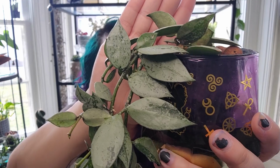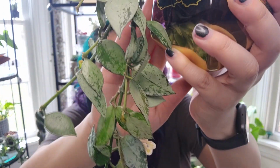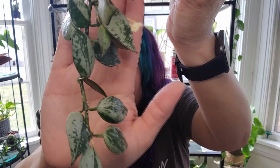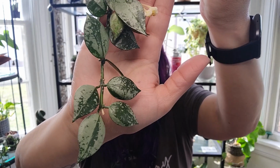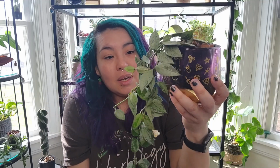They are a very silvery gray color. I hope the camera is picking that up. And it has grown so wonderfully for me. It likes a lot of light, and it lives in leca, and I find it to be quite thirsty. So leca is the way to go with this one. You can see it's kind of bald, but it